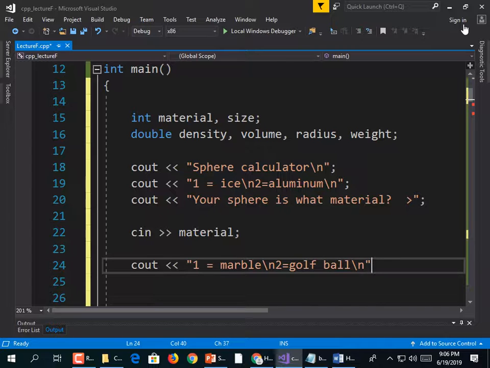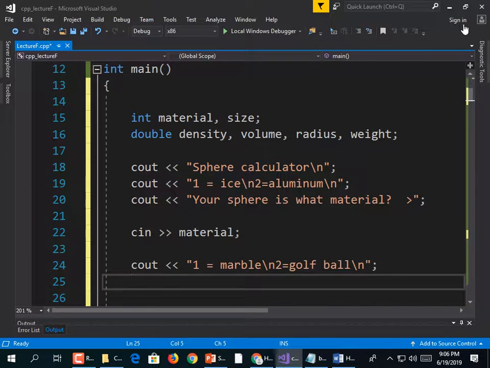And how you present the menu is up to you. You can make it as pretty as you like. End quote, semicolon. cout << "What size is your sphere? > ";